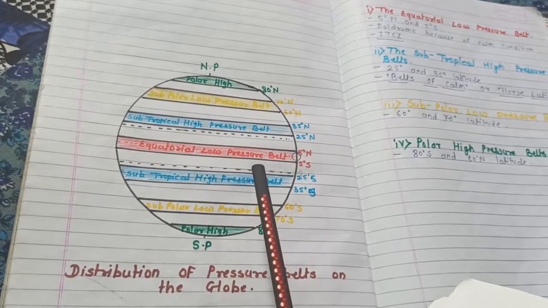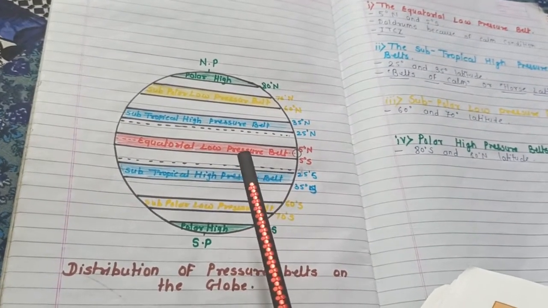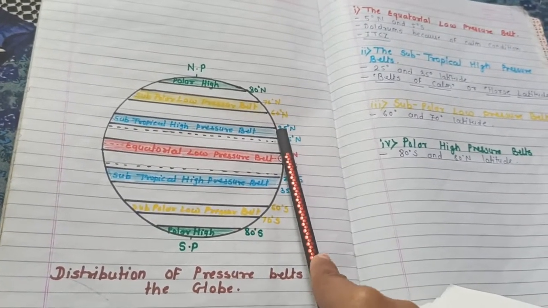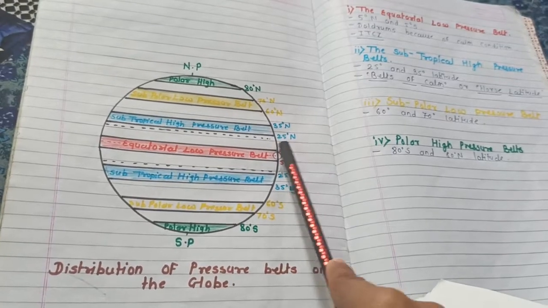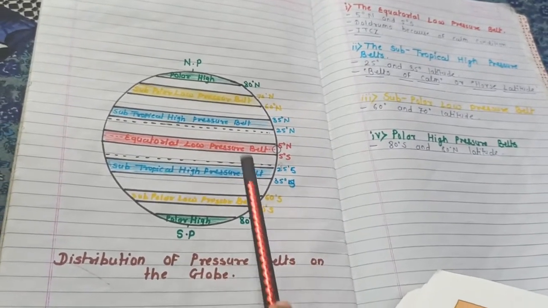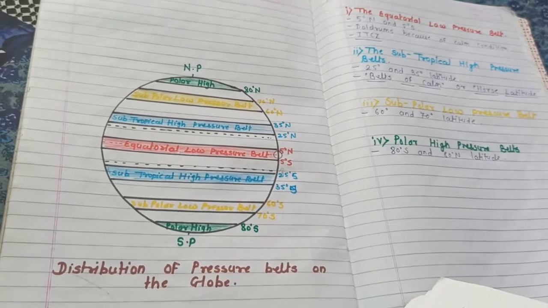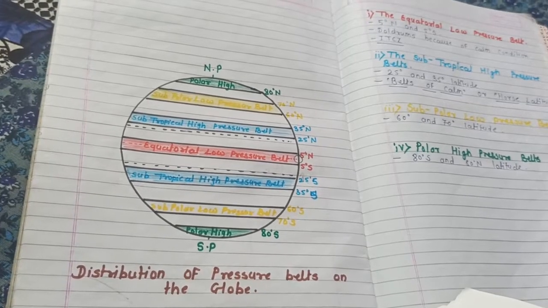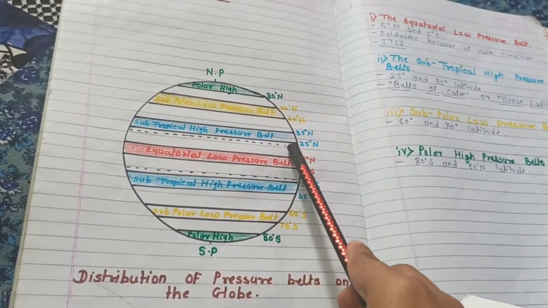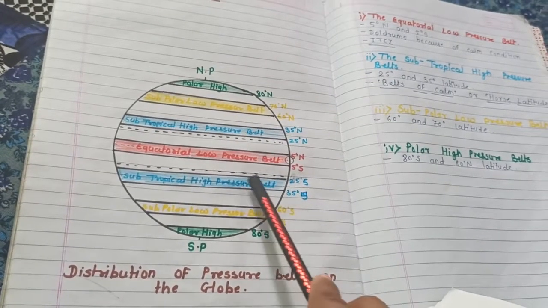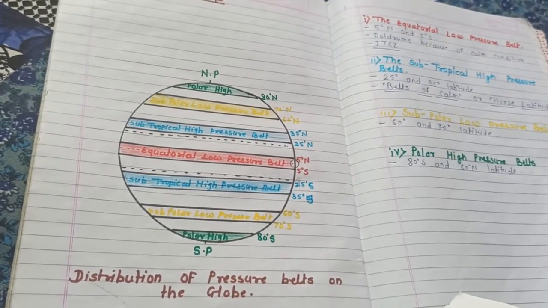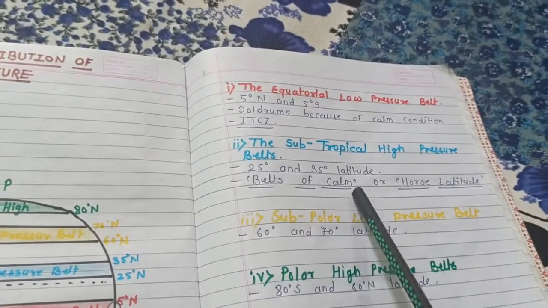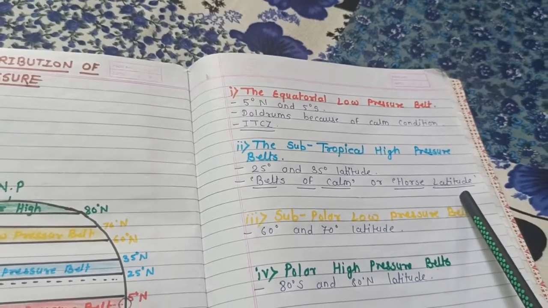Subtropical high pressure belts exist in the subtropical region of the earth between 25 degrees north to 35 degrees north in both hemispheres. They are caused by the difference in the speed of rotation of the earth and the descending of cold air currents from the equatorial and subpolar zones. So there are the descending equatorial currents. These belts are also called the belt of calms or the horse latitudes.